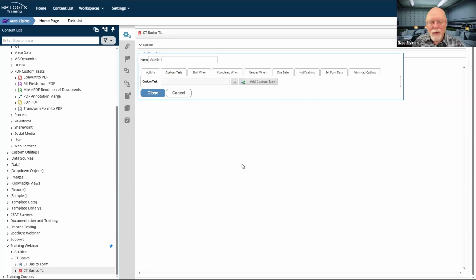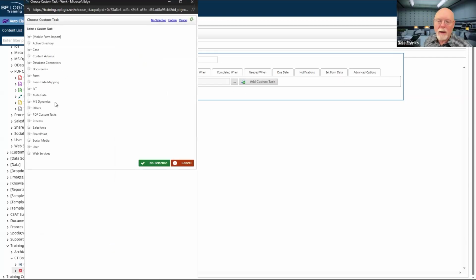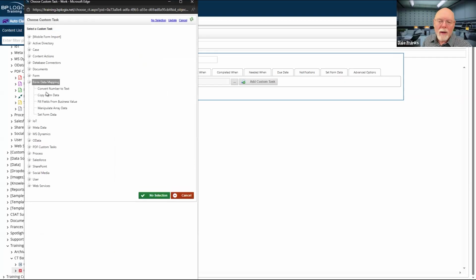I've got to convert that data from the purchase request to create the purchase order. I don't know why accountants have to make everything so complicated, but they do, and that's often how it works. Okay, great. So if I'm going to do that, then what I'm going to need to use is copy form data.